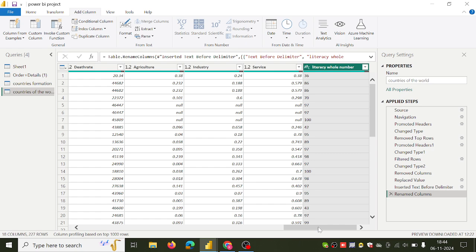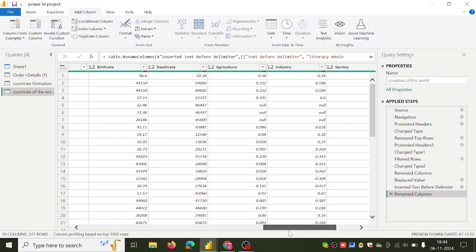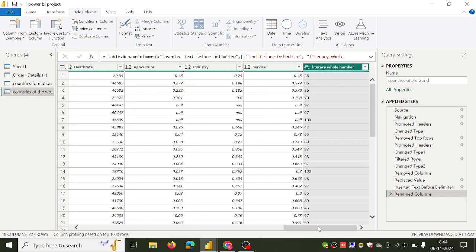Now we have created this new column. You can make such more new columns according to your need and practice extracting the characters and